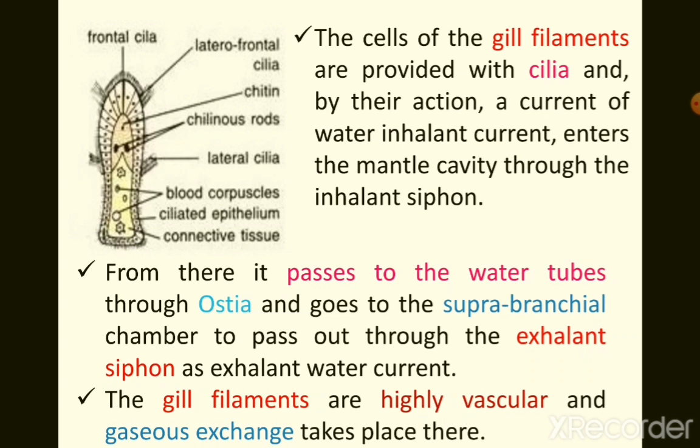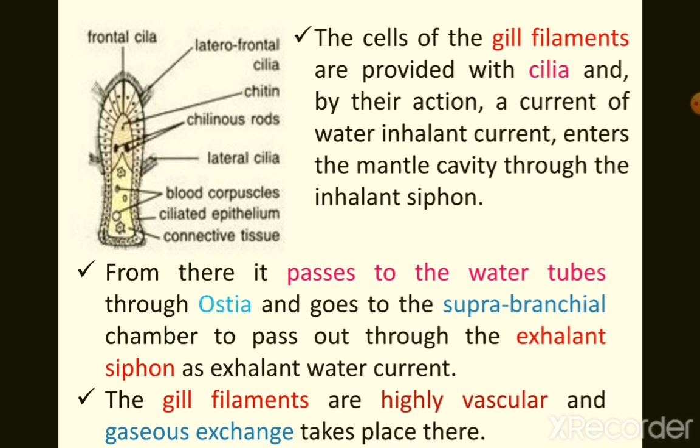This slide shows you and explains the structure of a gill filament. If you take each filament and study its structure, this is how it looks. These gill filaments are covered with various kinds of cilia, and it is supported by two chitinous rods. You can see these two dark dots present. They are the chitinous rods, and because of that it can stand straight and retain its position, because they are the supportive structures.